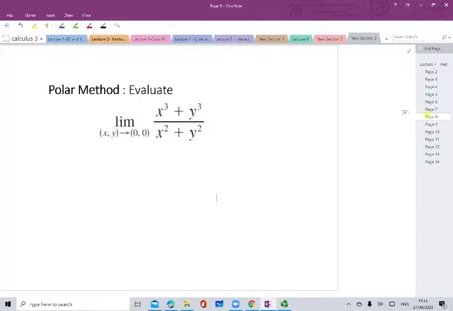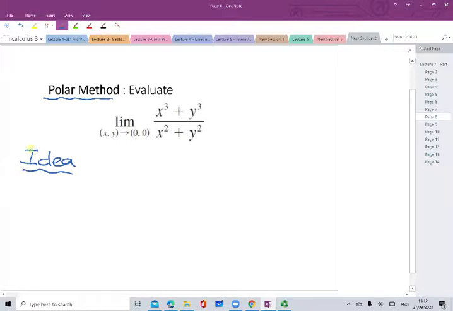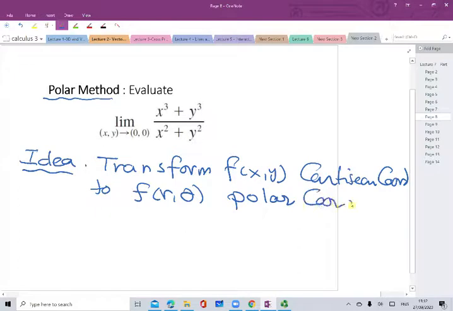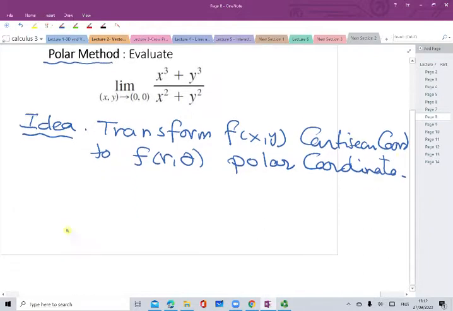Now let's start. From the word polar method, the main idea of this problem is that I'm going to transform the function from the Cartesian coordinates x and y to a function in r and theta, which we call the polar coordinates. If I'm going to change variables from the Cartesian to the polar, let's revise